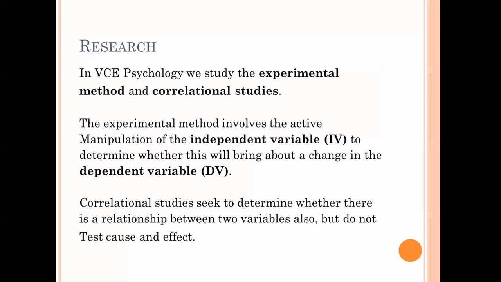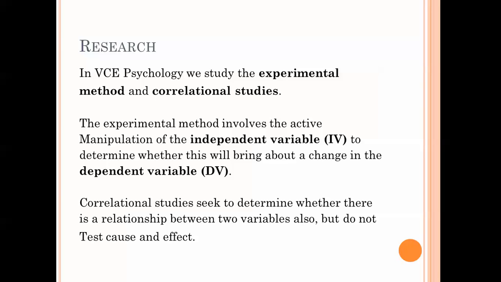For a correlational study, an example would be height and weight. So for instance, you take a group of people, you measure their height and their weight, and you expect there to be a relationship between them. Generally, the taller you are, the more that you would weigh. So you would think that would be a positive correlation. So generally in psych, we talk about the experimental method, but it's good to know that correlational studies occasionally are